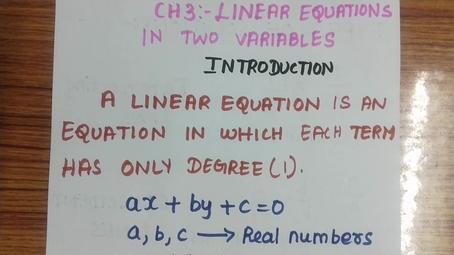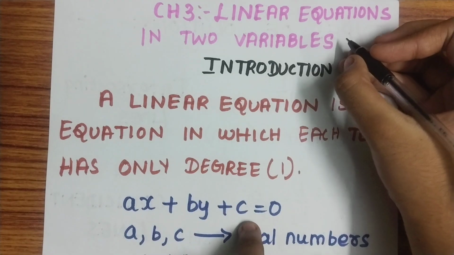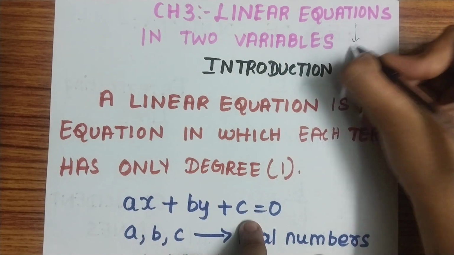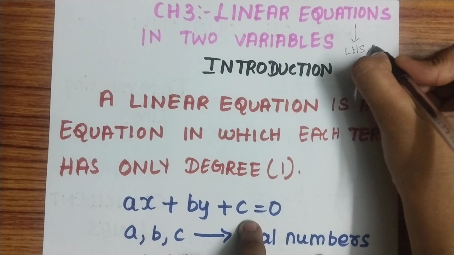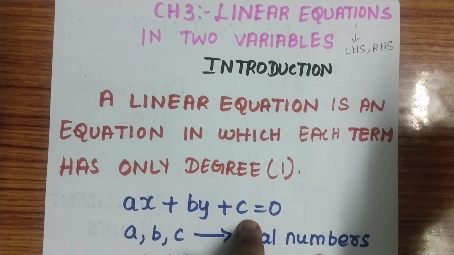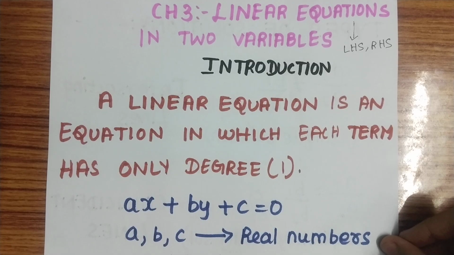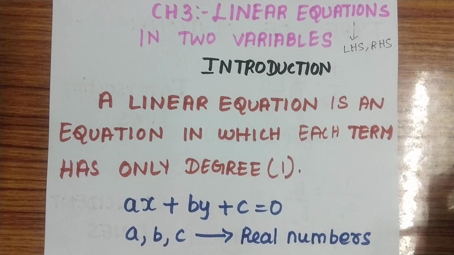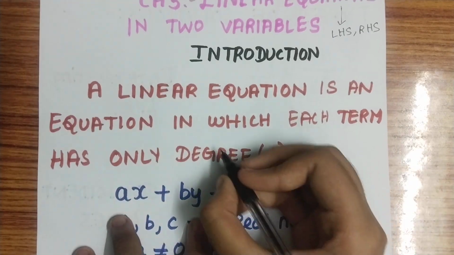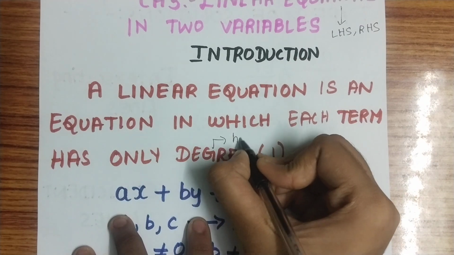So linear equation. First, what is an equation? An equation is something that has both an LHS and an RHS side, right? So it is called an equation. A linear equation is an equation whose degree is 1. Degree is nothing but the highest power